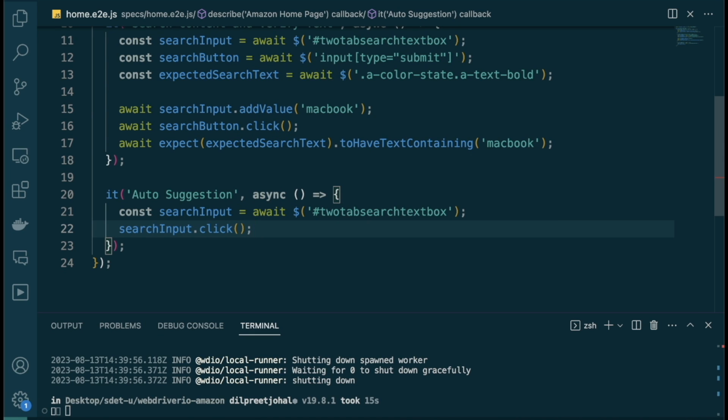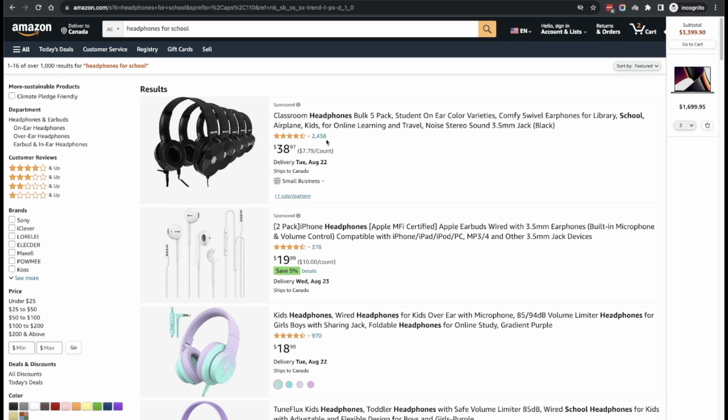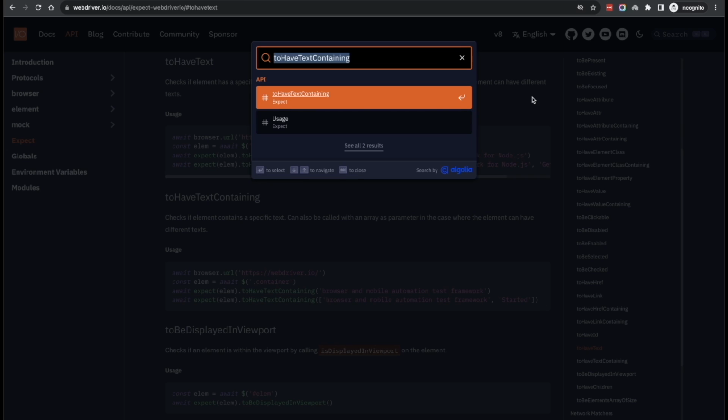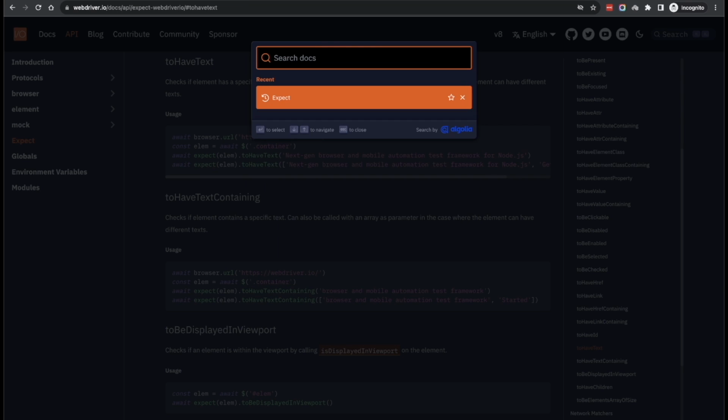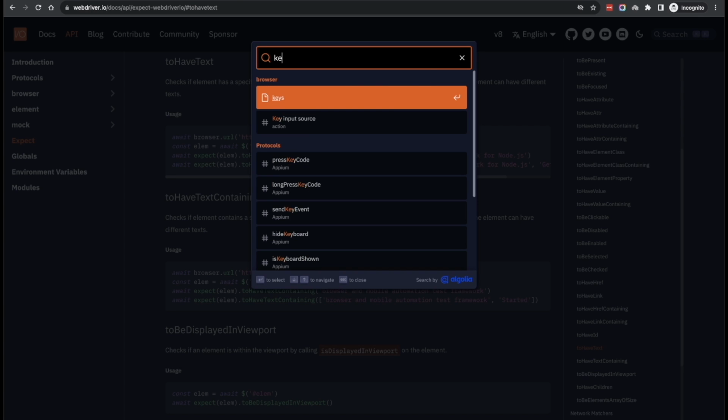Then I have to hit the down arrow key. Now, again, for this one, feel free to pull up the documentation. So let me just show it to you. So maybe you don't really know how to do it, but you just know on a high level, you have to use, let's say, the down arrow key. So you can search for something like keys here. Or, I don't know if you can search for down arrow if it would show up. Nope, that doesn't. So in this case, you would have to kind of know that you have to use